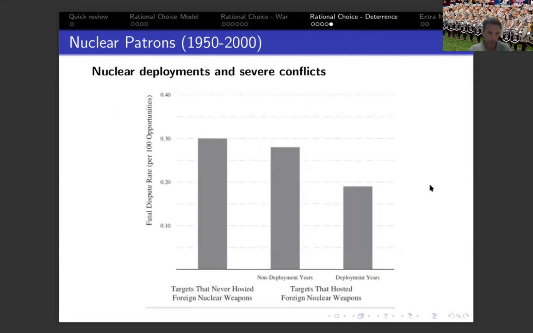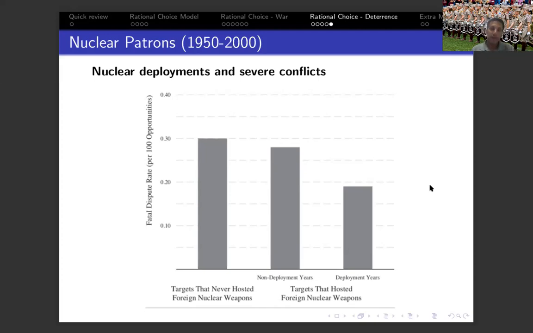So they find support for the first proposition, using a mechanism such as public commitment, which is useful in reducing the likelihood of a crisis emerging. So having a verbal defense commitment between a nuclear power and its ally reduces the likelihood that this ally will be targeted in a military conflict. So deterrence in this case is extended just based on the fact that this nuclear power provides a verbal commitment to its ally. This is the hands-tying mechanism that I talked about.